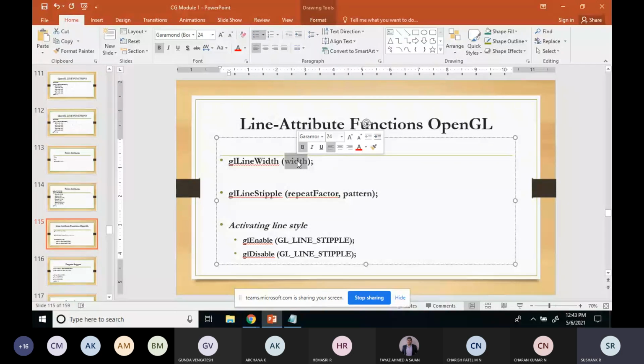Also, one thing is that this function will support only a limited number of widths. It will not support all the things. There are some values for which it will support the line width, and some values will not be supported. The functionality is limited. So after this,